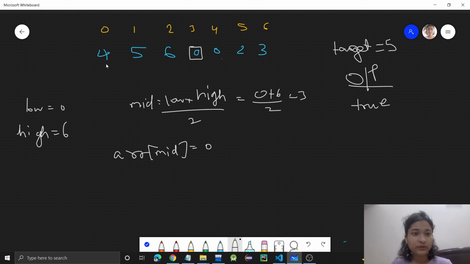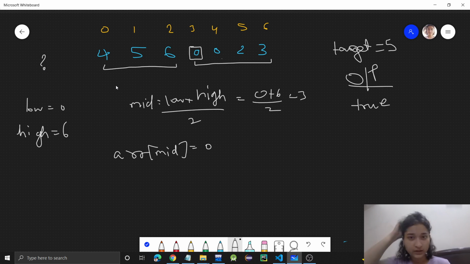Now you will check in which half you need to search, this half or that half. The target is 5.